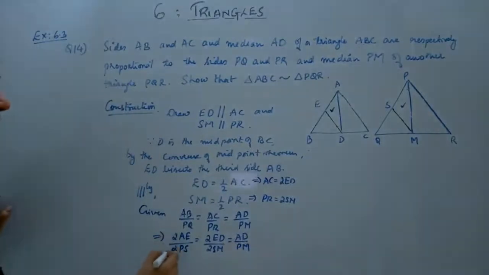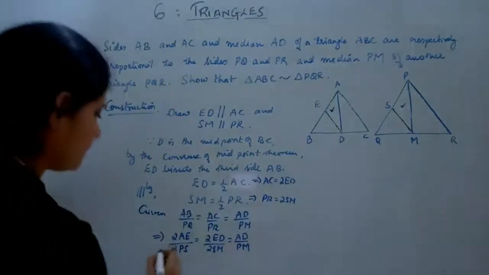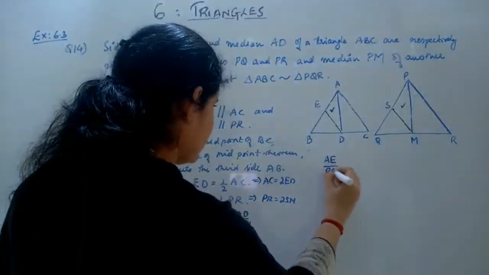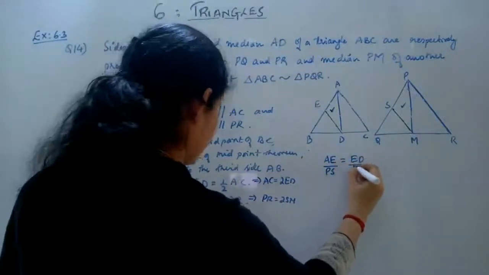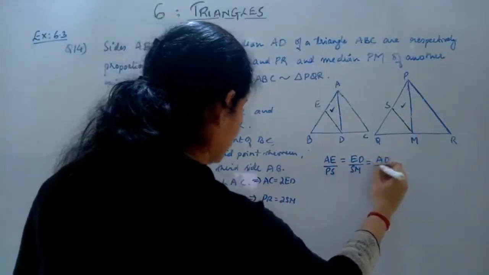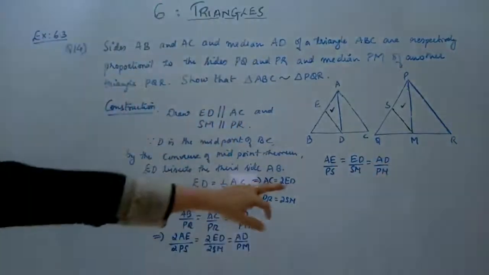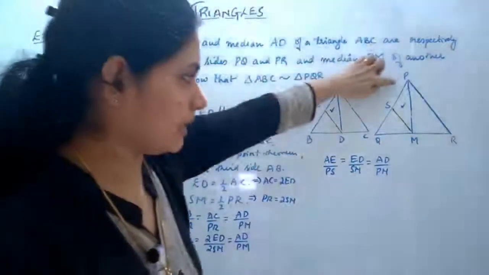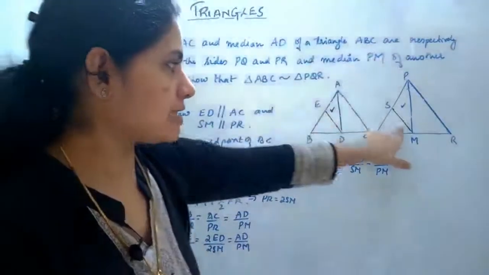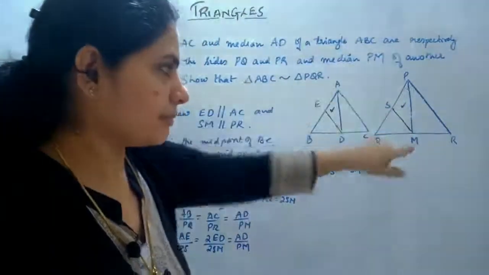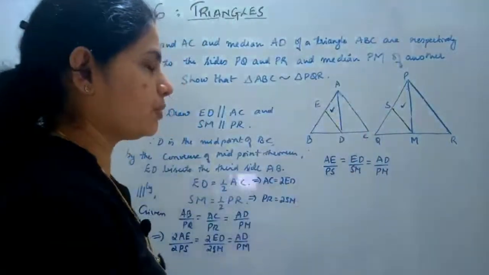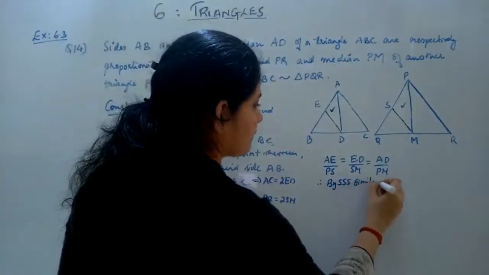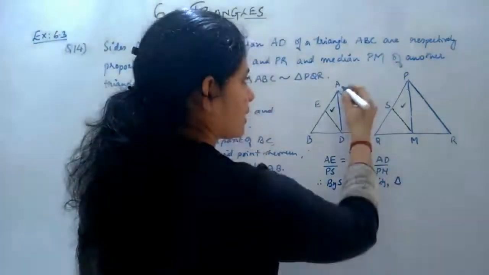So this 2 will get cancelled and you will get the fraction AE by PS is equal to ED by SM is equal to AD by PM. This is the fraction you are getting. You just see AE by PS, ED by SM, AD by PM. That means the three sides correspondingly are proportional. Therefore, by SSS similarity, you will get two triangles. Which two triangles? AED